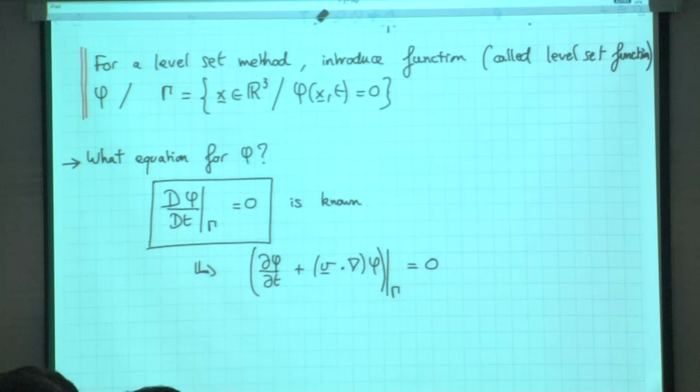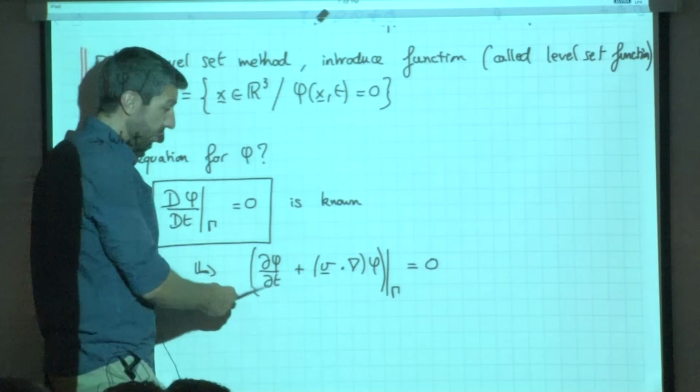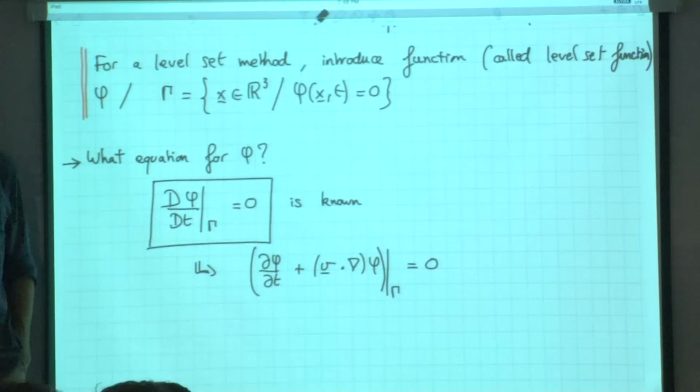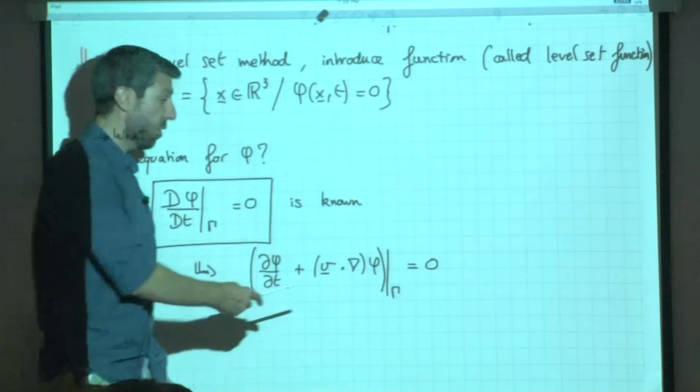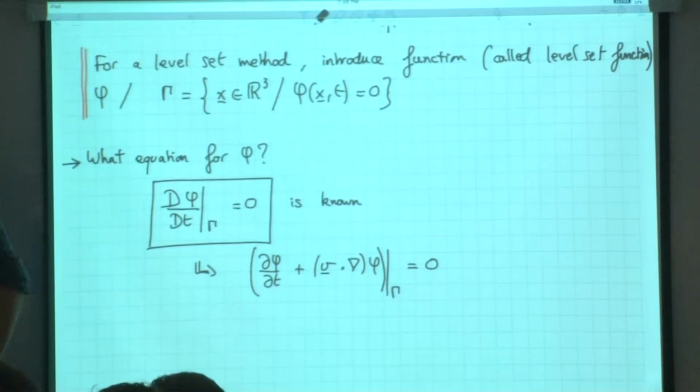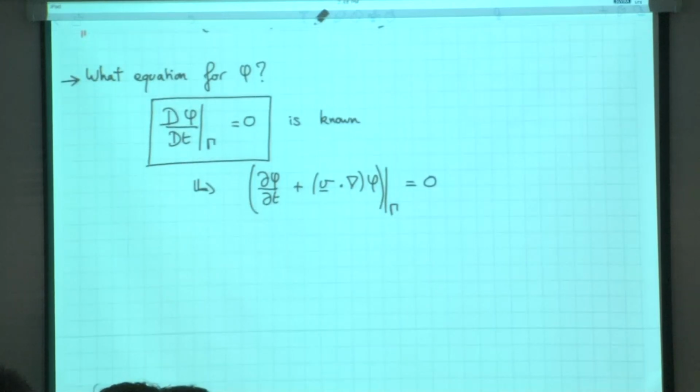Outside of those points, I have nothing to say on this function. I've given myself no possible information at this point. However, it pays to be pragmatic. So if this is the equation we want to solve at gamma, one way of achieving that is by solving this equation everywhere in our computational domain. This way we know that at least at gamma we'll be solving the correct equation. So we'll generalize that